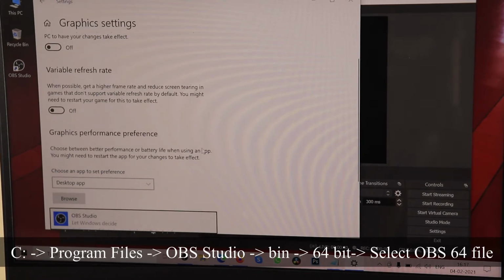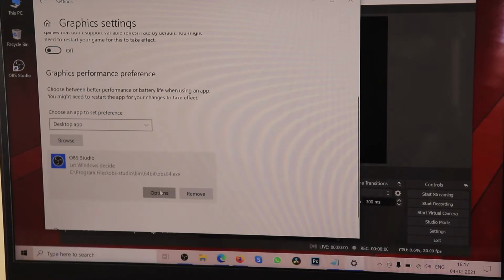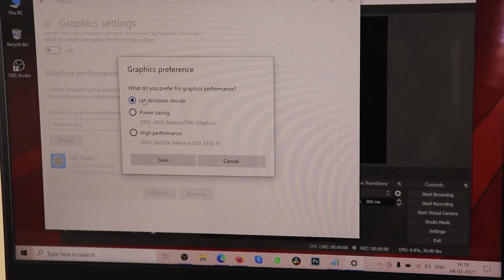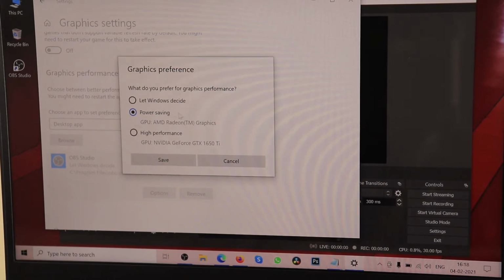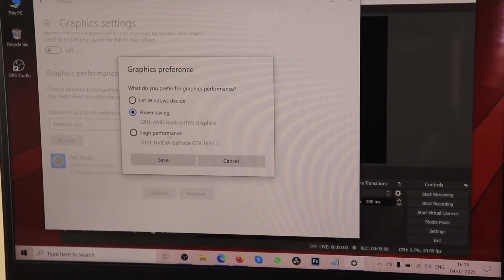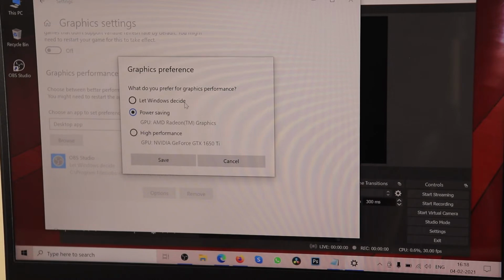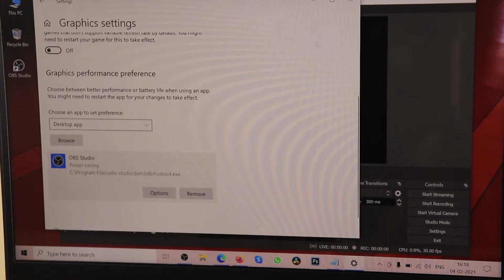Select and click on add, and once I click on add, you go to the options. Now over here you will see what you prefer for the graphics performance. You have to select power saving over here. Now mind you, the power saving feature is actually used when you are screen recording, not only for games but also for other scenarios, like you want to record your screen for web browsing, or to make some tutorial videos for your YouTube channel and stuff like that. So for that you need to select power saving, click on save,